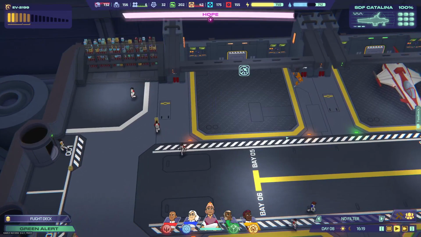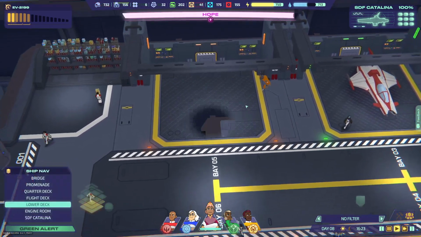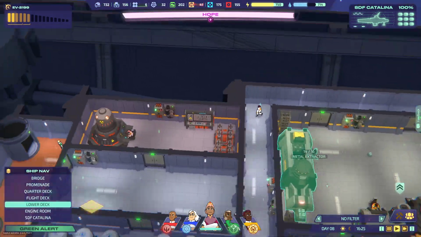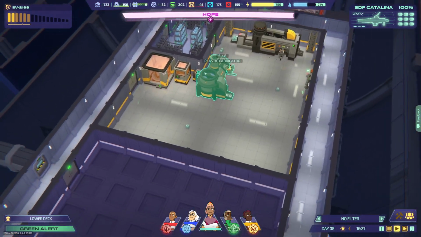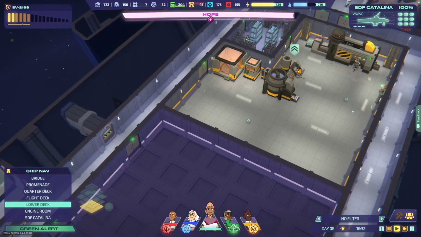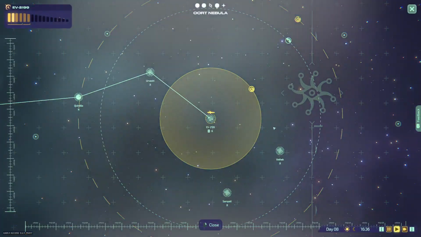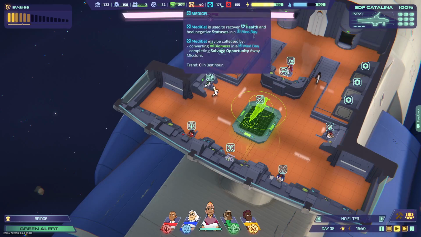It'd be cool if they add in like a trading station or something in the future. That's a fun question, what kind of additional stops would you like to see on the star map? For me, it'd be really cool if they added in some sort of trading station where you jump here and you could sell...